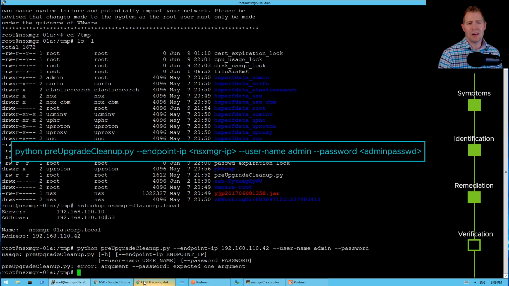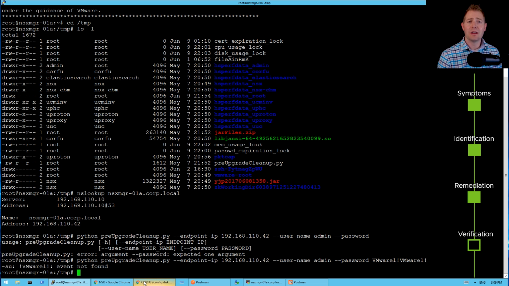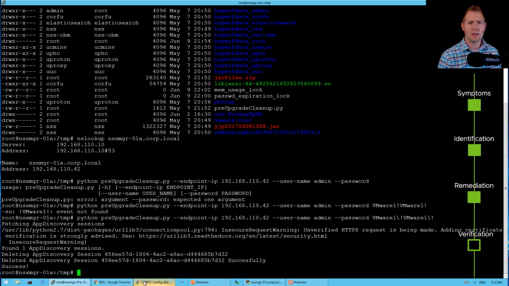My initial thought was, I'll just press enter after password and let it prompt me. In the case of the script, it doesn't do it. We have to actually put the password in the command itself. When I pressed enter, I got an error. And that's because I had special characters in my password. I have to do something called escaping, which tells our OS, treat this like an exclamation point versus trying to do something with it. And what I'm looking for is success.